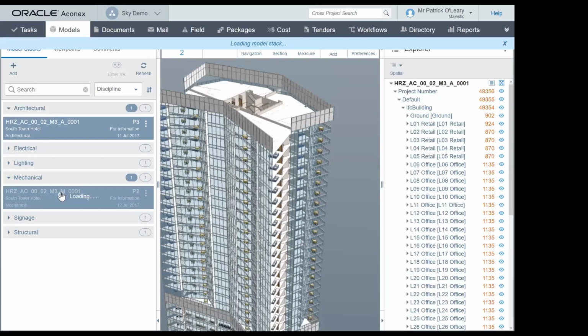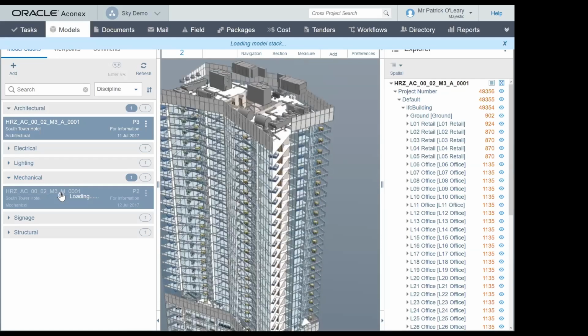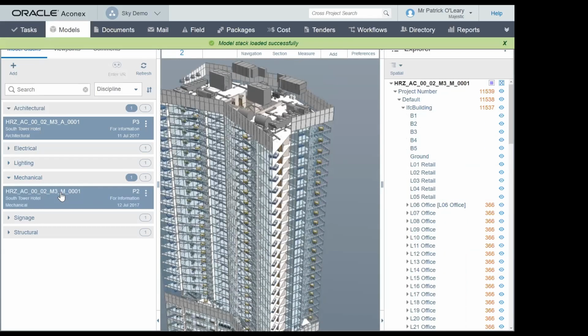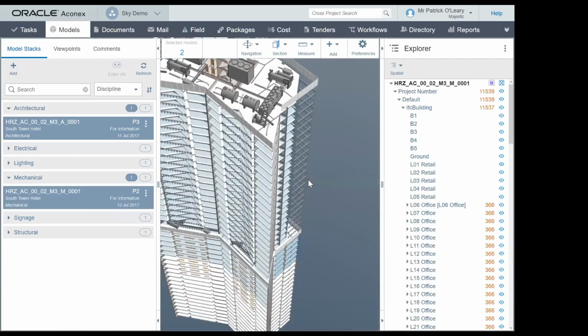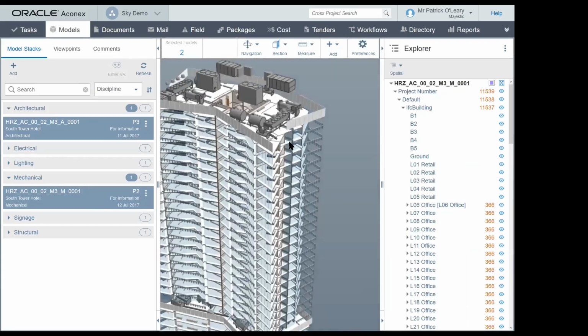It is a platform where we bring different designs from different consultants or architects or design authorities together. Let's say, as Patrick is showing, the electrical design, the mechanical design, the structural design, often done by different specialists, need to be brought together. So what Aconex does is it helps you to federate that design, get the different design components into a single model so that you can actually collaborate on there.